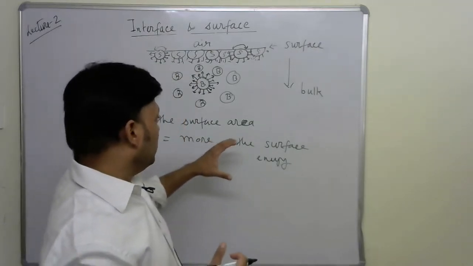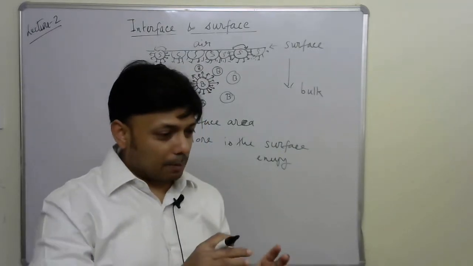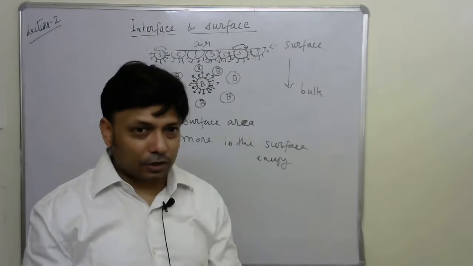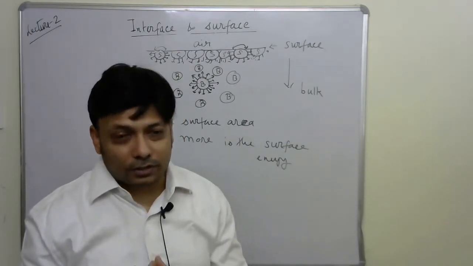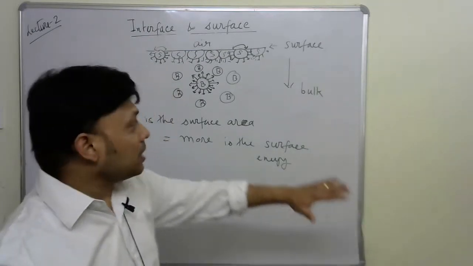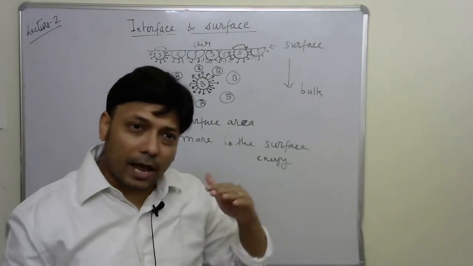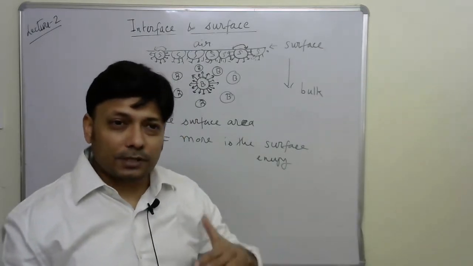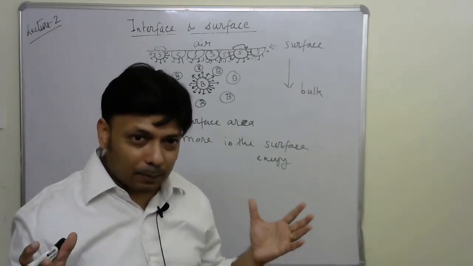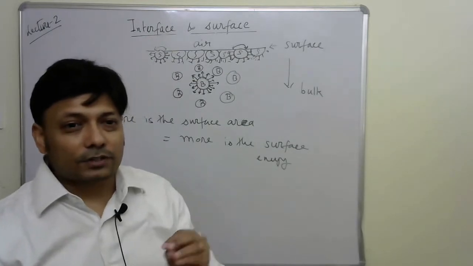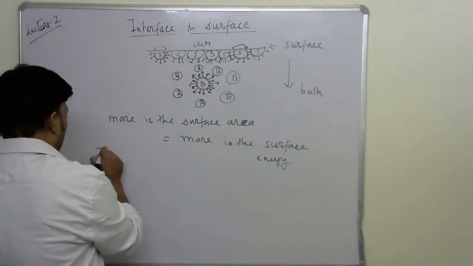So, if I take a larger sphere and break it down into smaller spheres, that means I am increasing its surface area. That means I am automatically increasing its surface energy. So that means the surface would be unstable, simply. So we have to have another neutralizing force, another stabilizing force to make those materials stay in this high surface area condition. Okay, so therefore we have to say that to make